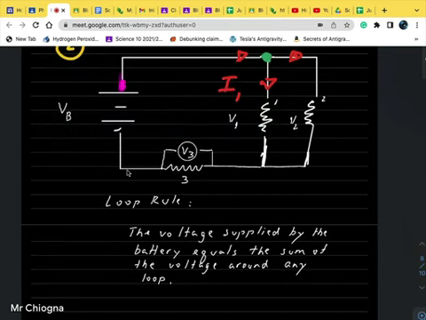Okay, start here. That's the positive terminal. So this is how you're going to figure out what all of this means. You don't have to physically trace it out, but at least trace it out in your mind. You're going to trace out one of two loops. Either this loop